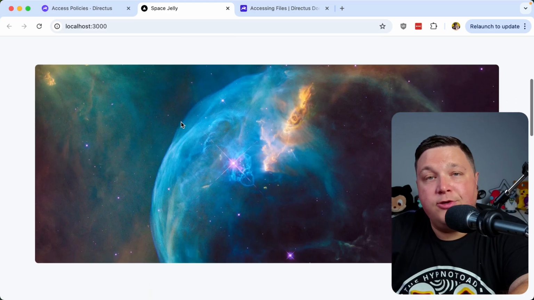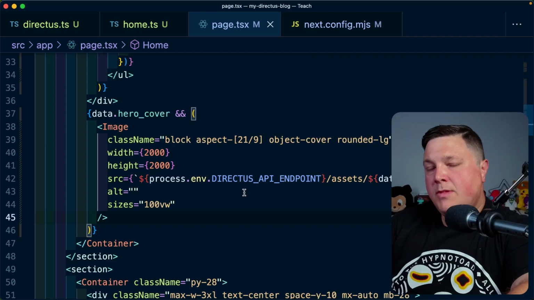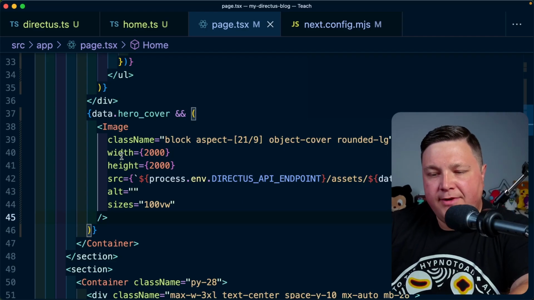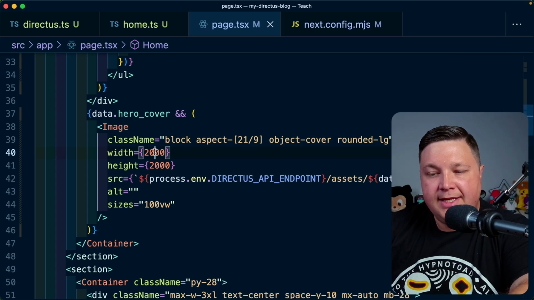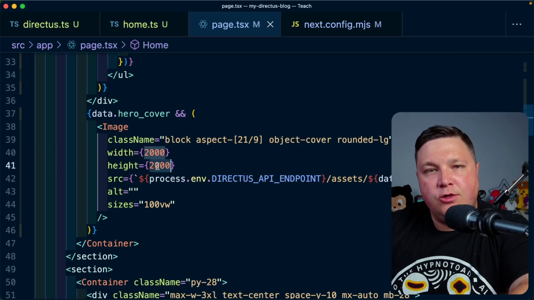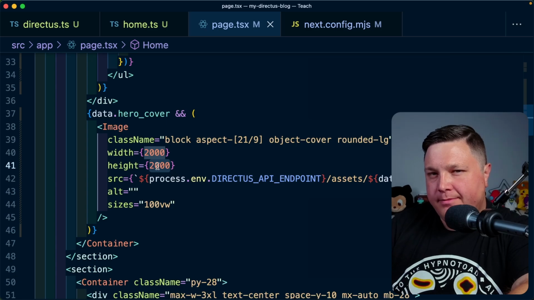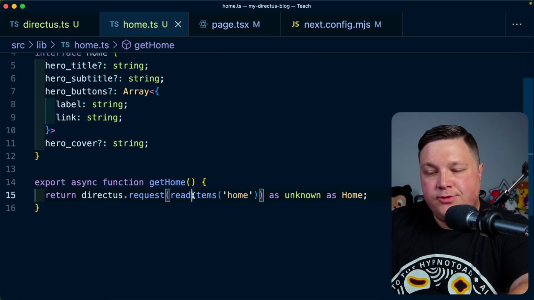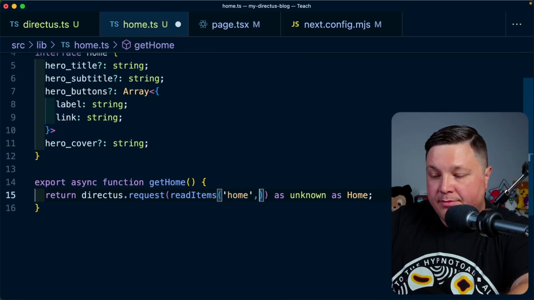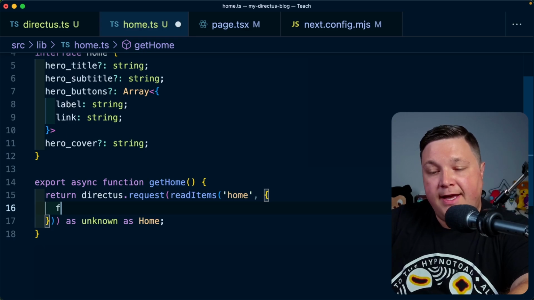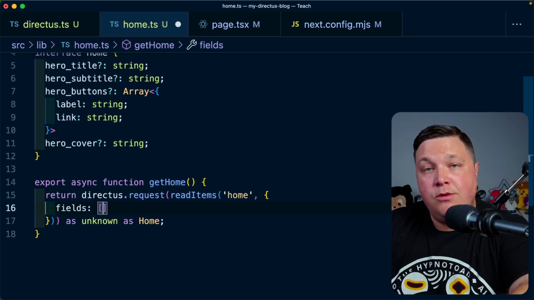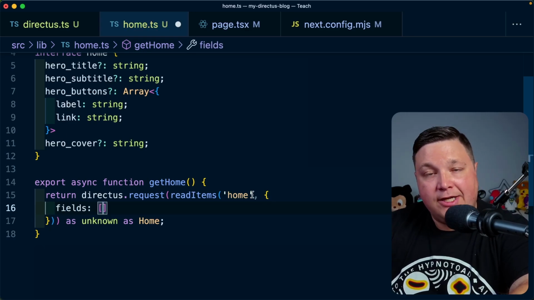And we can see that it loaded in now using the image component. Now, one thing that you might have noticed is we never actually set a real width and height. We're just setting a static value. The way that we're currently querying for our information is we're only getting that file ID. So how do we get the rest of that data? Whenever we make this request using read items, we can actually set a second parameter in here where we can specify fields as an array,